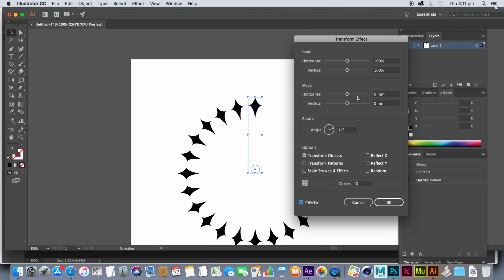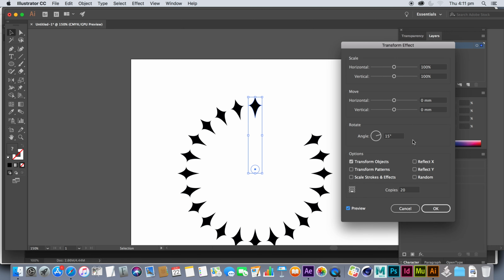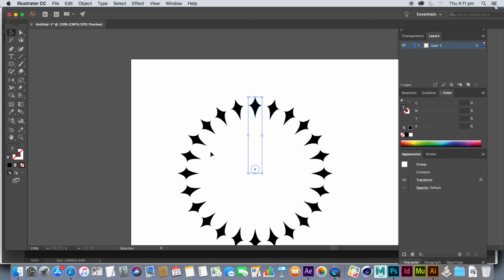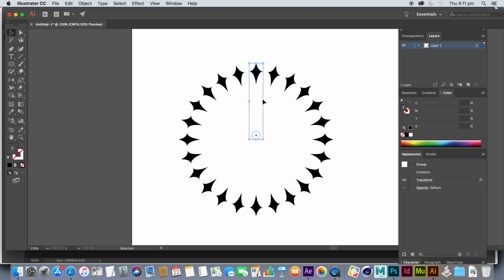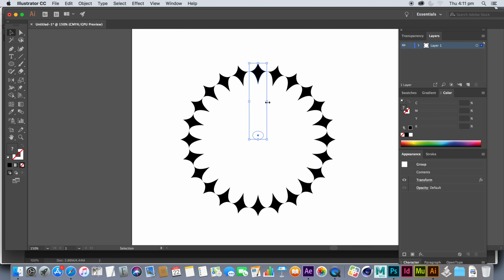And let's go to there. Tab. And you can see we need to do with a few more. Probably 24. And there we are there. So I've got this kind of repetition, and I know that's the right number, so that gives you 360, and I'm going to click OK. And what I could do now, because you see they're not touching, I've got a couple of choices. I could actually do this, so I could actually drag those out so they touch that way, or Command Z,